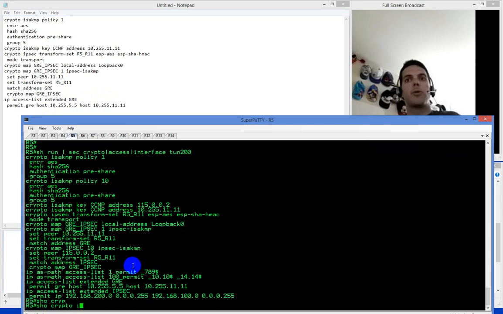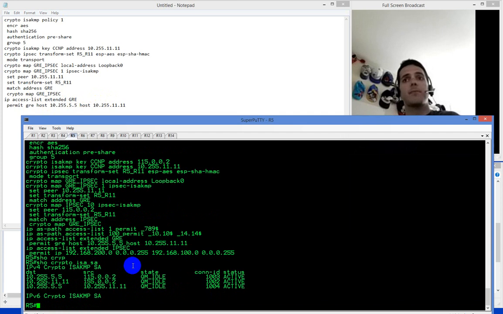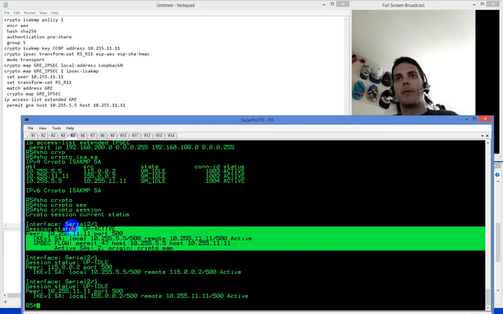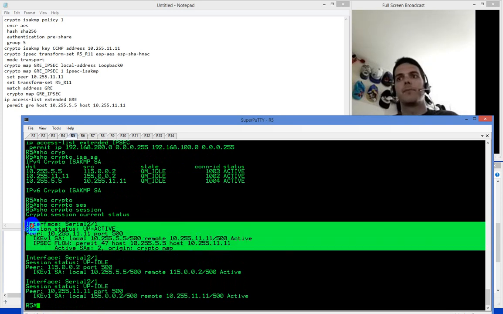show crypto ISA, it's active. It's absolutely active. And then if we go take a look at that, that's set up. And if we do a show crypto sessions, we should have 3 separate going on. And the first one here is going to be our GRE over IPsec one. And the 2 below that are going to be the